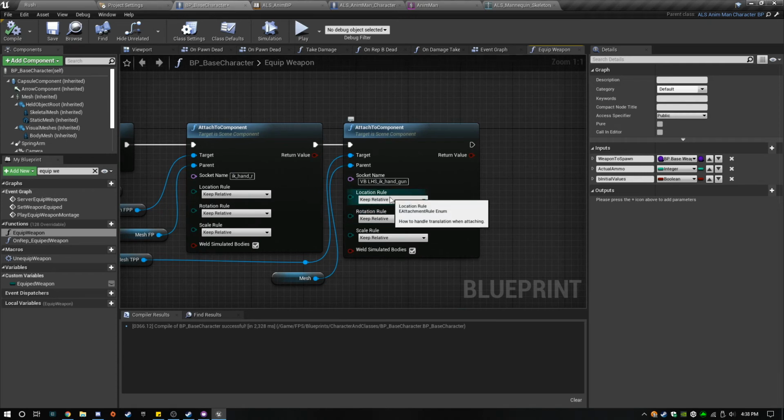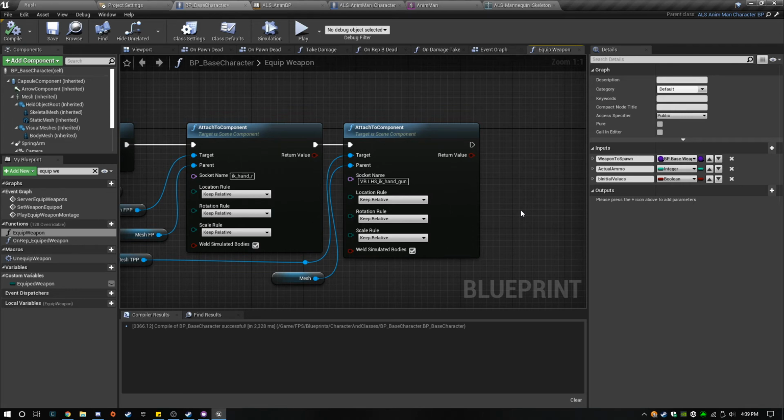Keep relative. So at the end of the day, it probably isn't going to matter, to be honest, because ALS is going to override a lot of these settings using IK. Keep relative though allows for offsets of the gun.